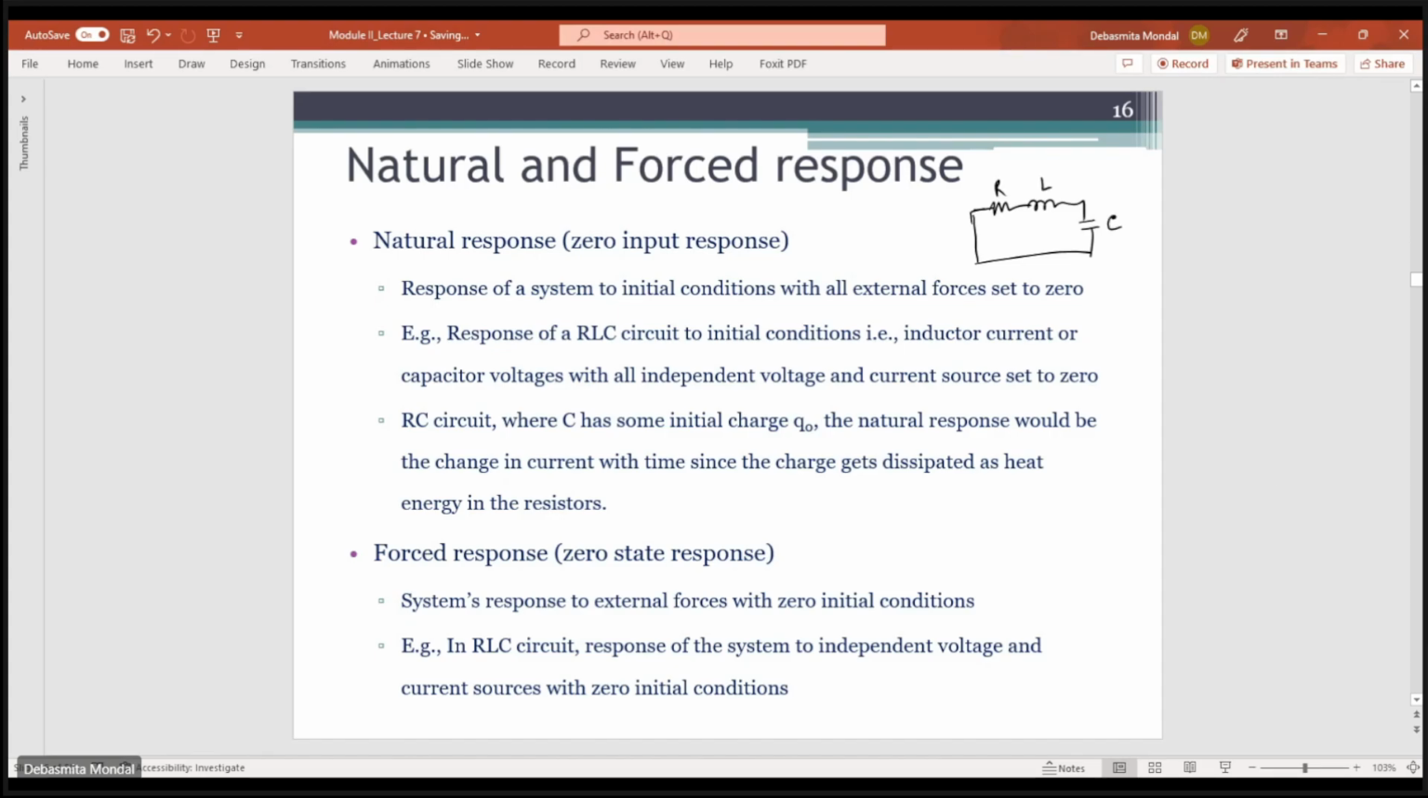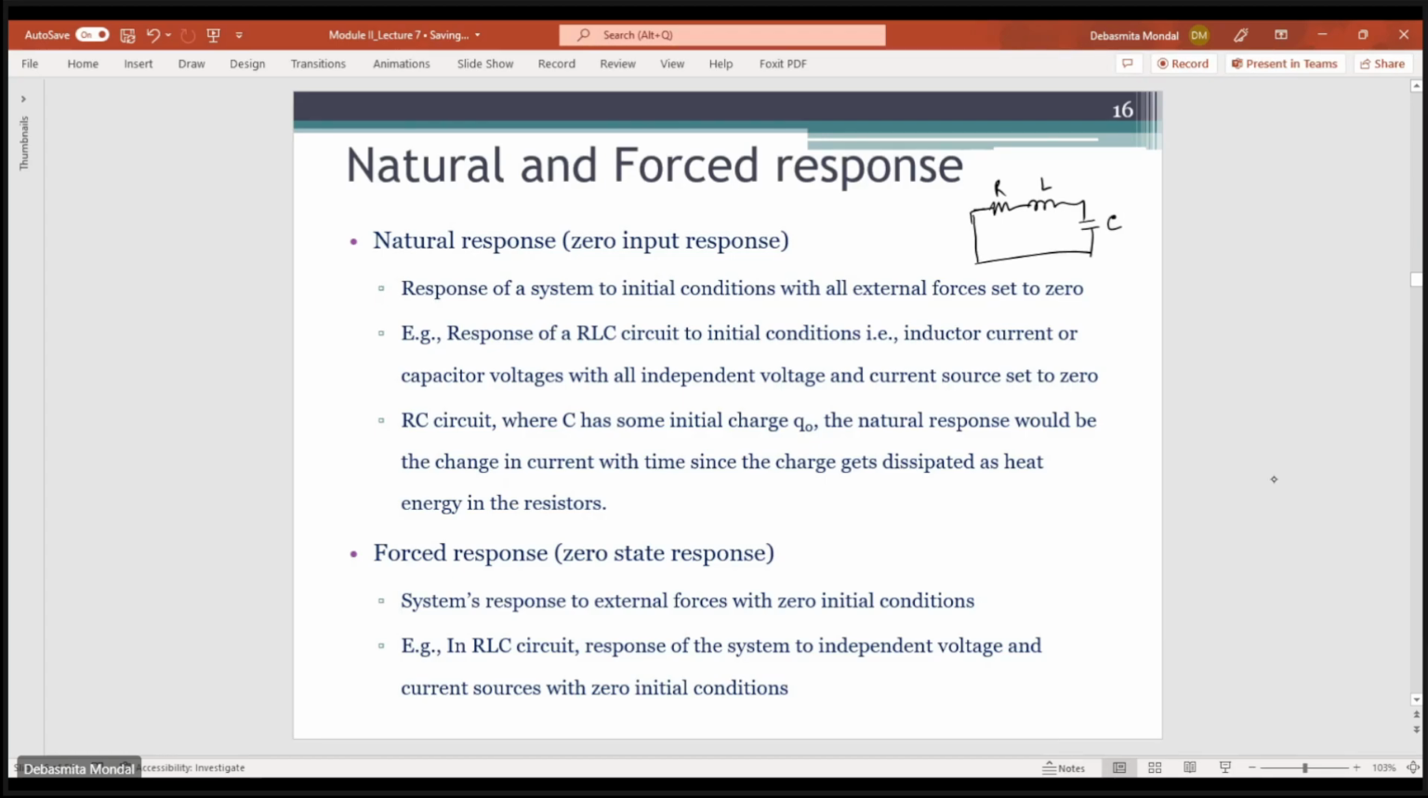And this circuit has been subjected to some initial condition. Some initial condition means there is some energy which is stored in this inductor as well as the capacitor. But in this circuit, there is no external voltage source or current source which is driving the circuit. So if that is the configuration of your circuit, then the response that you are getting, the